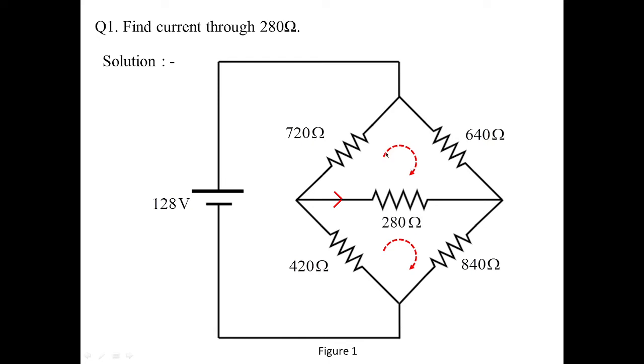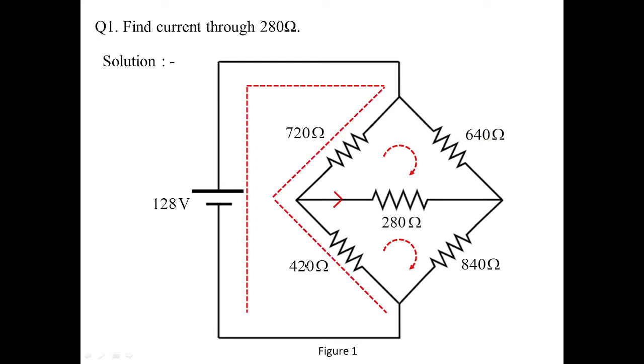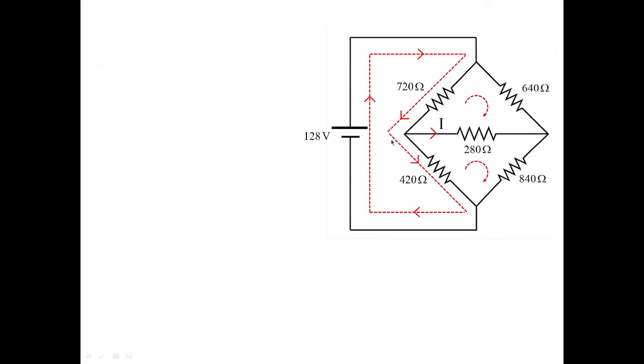Now I'm taking the loop currents in clockwise direction, this in clockwise direction, this in clockwise direction. And the third current, I'm traveling like this, going like this, coming like this, and I have to come like this. If the current were to flow, this would be the direction of the current. Let us name the loop currents I1, I2, I3. Now if I want to get the value of current I, it should be I2 minus I3.